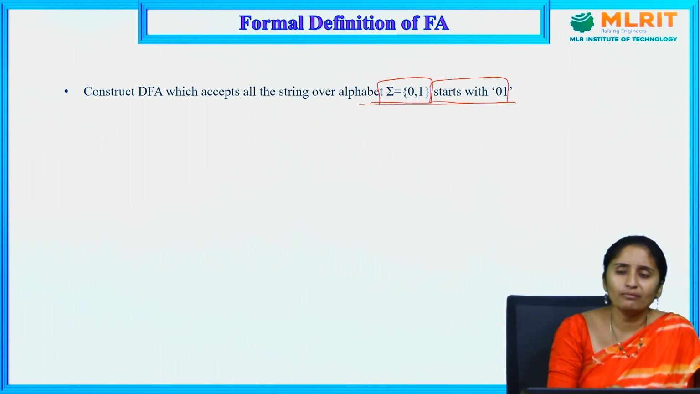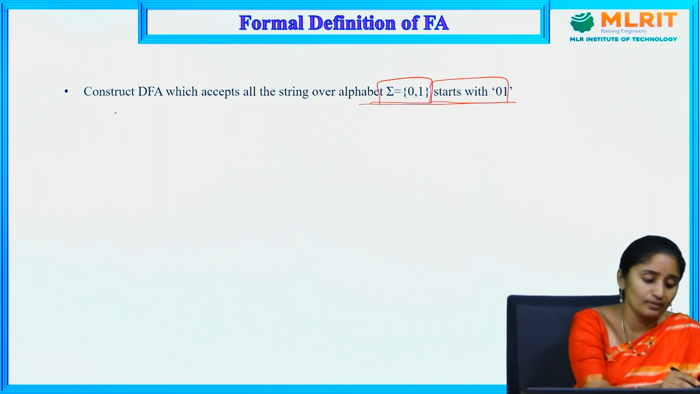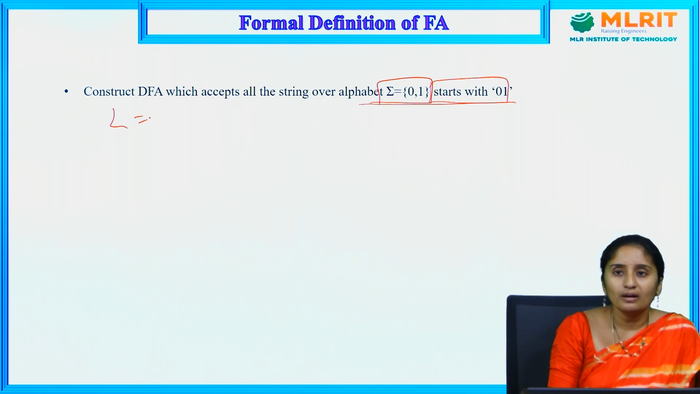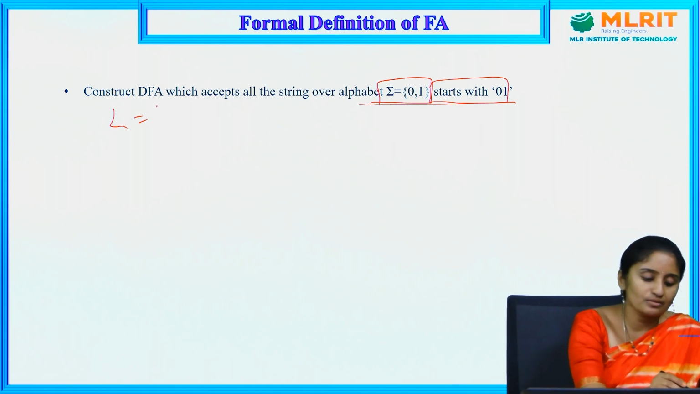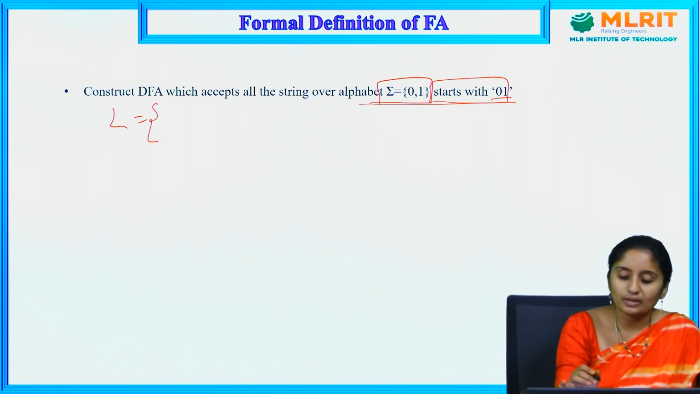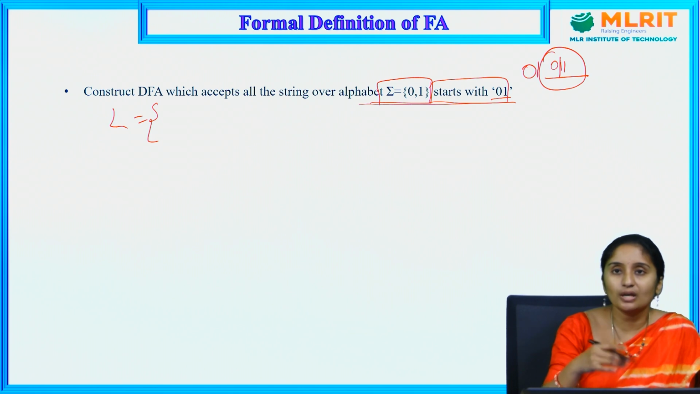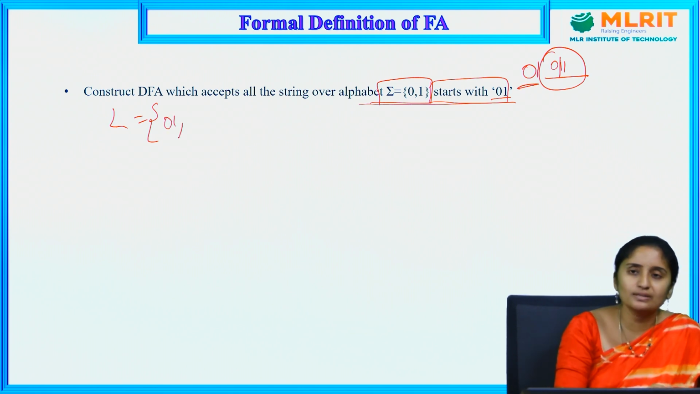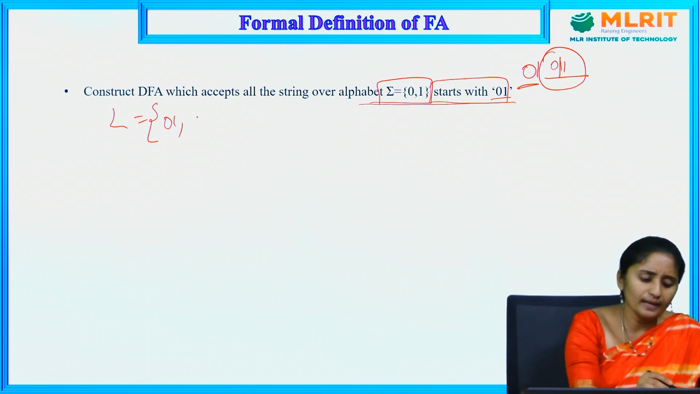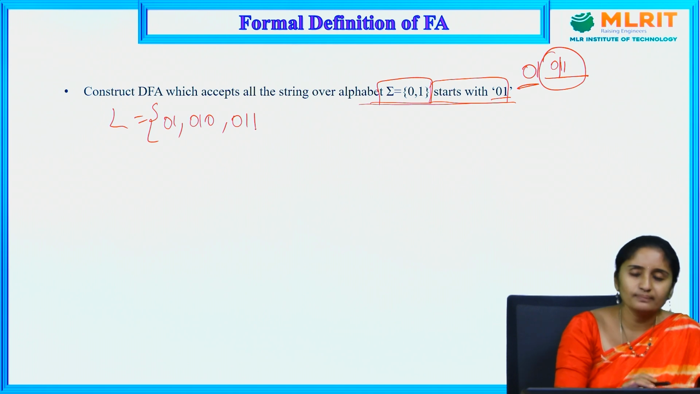To construct a DFA, first we need to define the language. So the condition is it should start with 0, 1, but the ending can be 0 or 1. The starting is fixed. So first I am taking the string 0, 1. Next I have 0, 1, 0, then 0, 1, 1, then 0, 1, 0, 1,